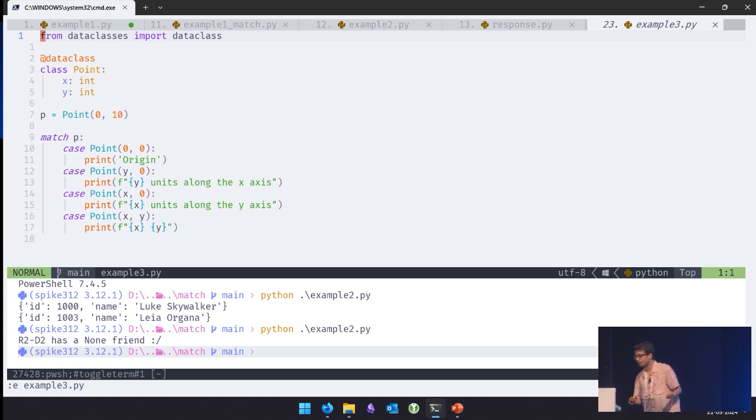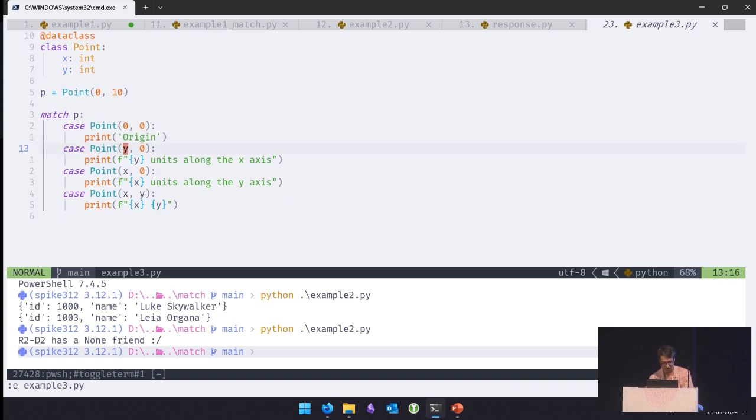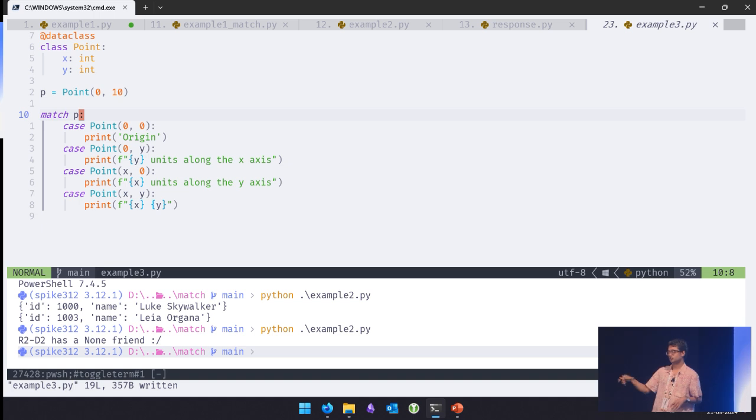In the second one, x is 0, but y is non-zero, so it will extract the value of y to that variable and we can use it in the block.